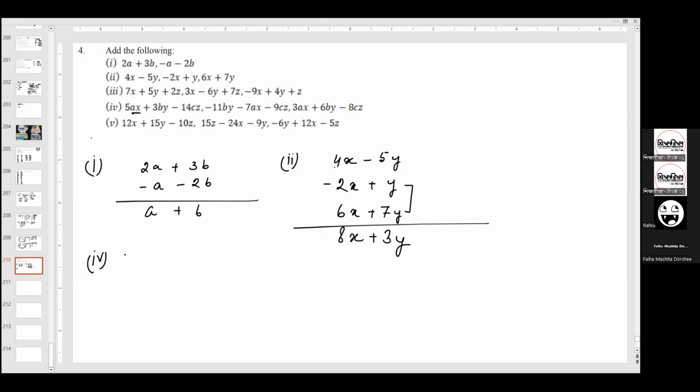তাহলে সিমিলার টার্মের নিচে বসাতে হবে। 5x প্লাস 3by মাইনাস 14cz, নাও এখান থেকে যদি ধরি, তাহলে মাইনাস 11y, তো মাইনাসটা ওই টার্মের সাথে যাবে, 11dy মাইনাস 7x, এটা মাইনাস 7x এখানে যাবে, and minus 9cz এখানে।